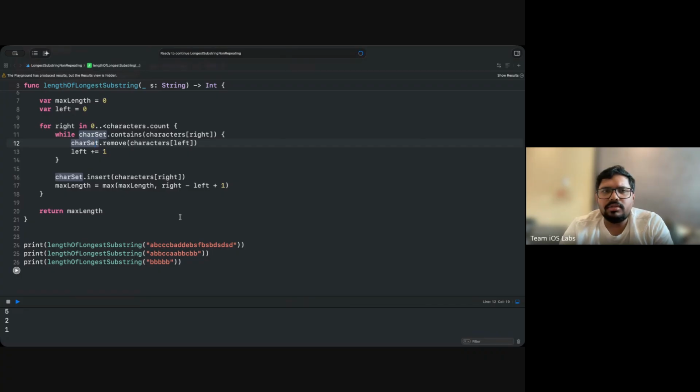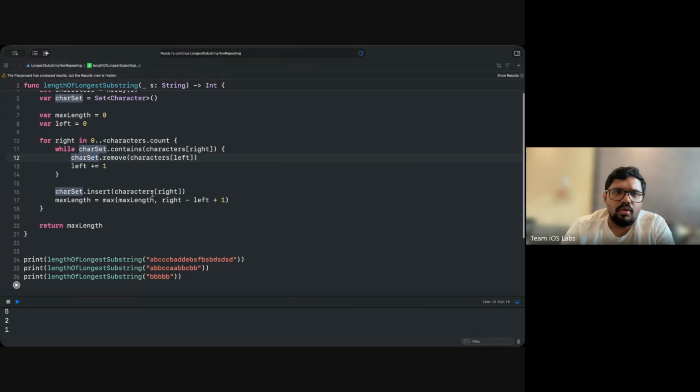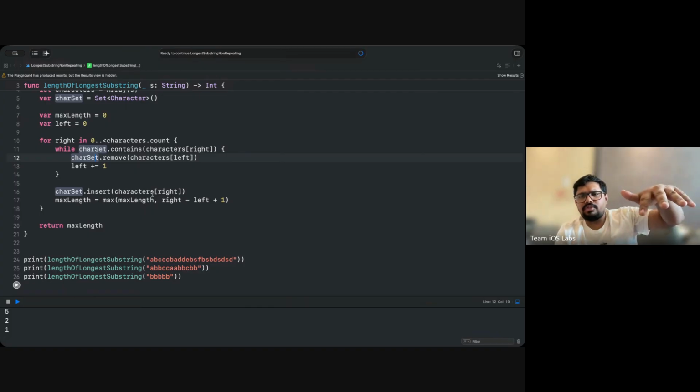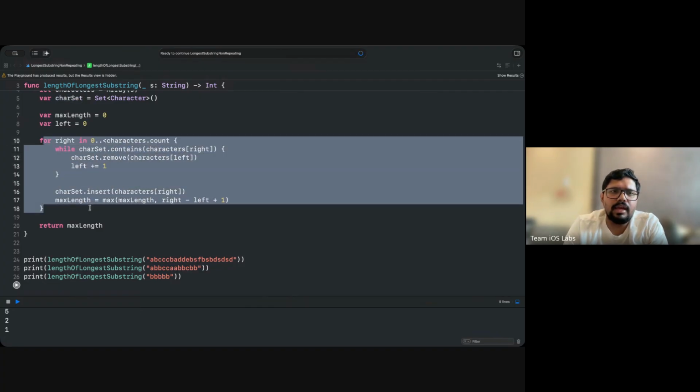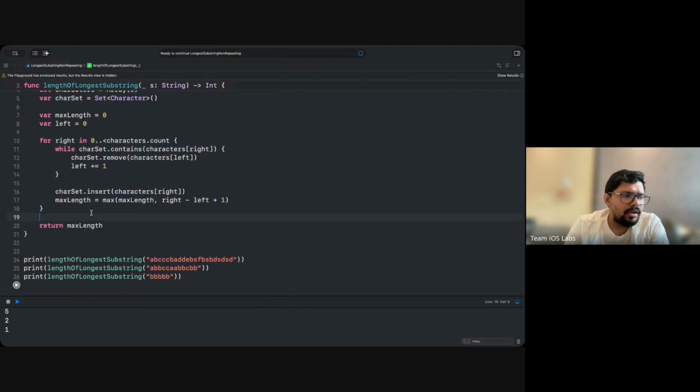So this is a better approach. Suppose if you don't go with the sliding window, you go with brute force. Again, you end up with nested loops, and you will have O of n squared. Or if you have any better approach without using sliding window, you can tell. Here we can see in one traversal we can do this. So it's like O of n. You're solving this problem, right?